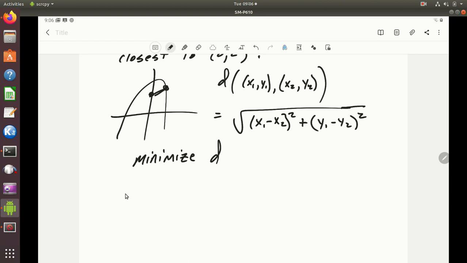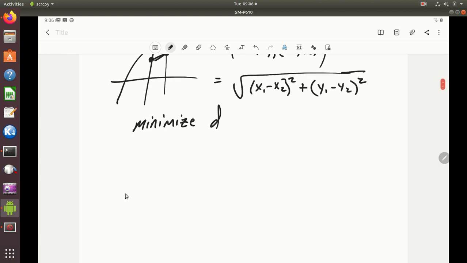But the square root, let's look at that outside function. So let's take a moment here and just look at the function f of x equals the square root of x. And that function is strictly increasing,